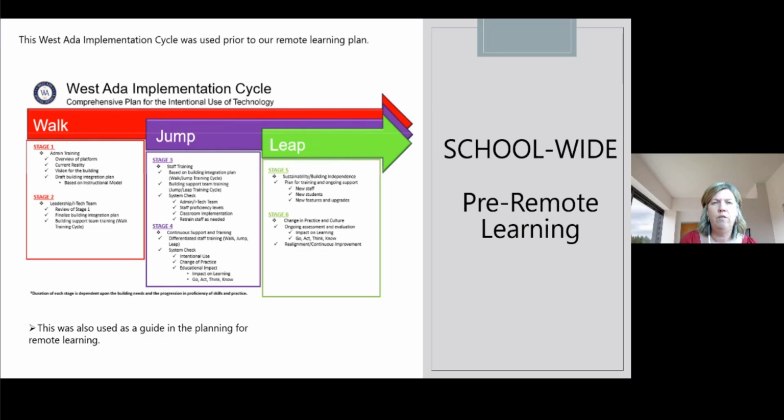building. For stage 3, you'll notice that we're actually now into the staff training plan, and there's opportunities in there that would help allow for differentiated support. The plan was ongoing and often changing as the building progressed, and we just kept constant contact with our administrators. And because of this system being already in place, it just made it a little bit easier when the crisis hit. Next slide, Jen.